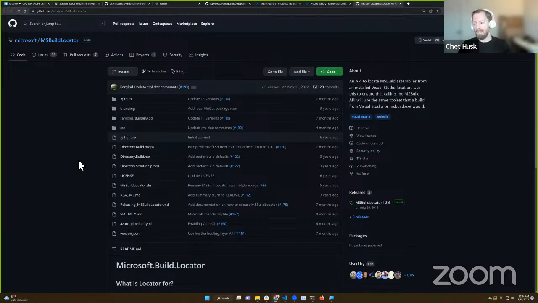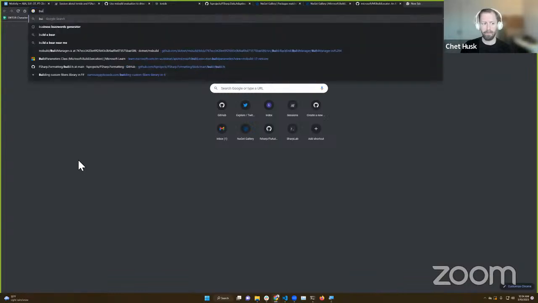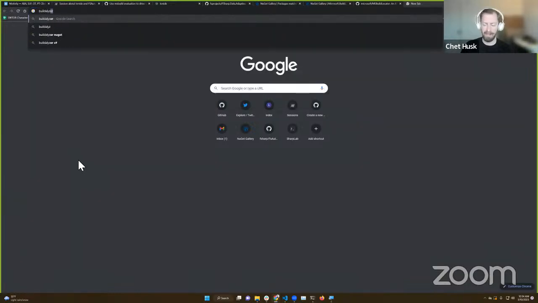If all you need is a way to execute builds, in a one-shot fire and forget kind of manner, you might be better served looking at libraries like Buildalyzer, which is a tool made by Dave Gluck.